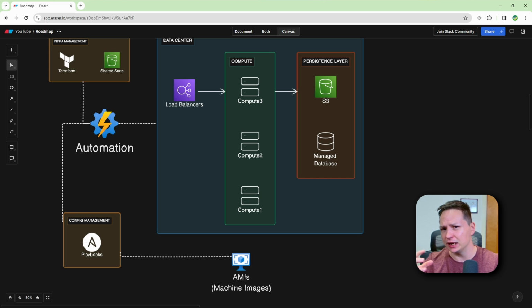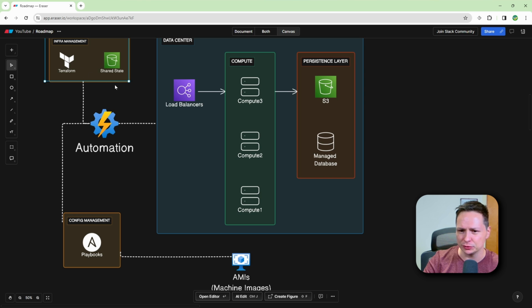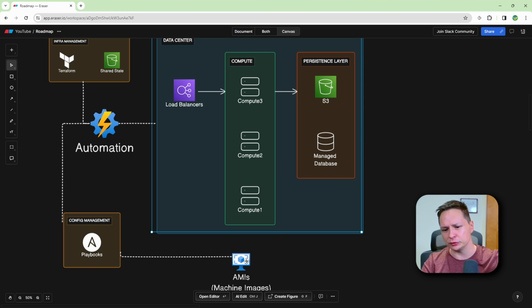So you can have an up-to-date machine image that has the latest patches, the latest versions of all the software you use, and you can use that to provision your servers. Most of the time, your servers are going to be controlled through an autoscale group that you created with your infrastructure management tools, and then that autoscale group can use your machine image that you created with your config management